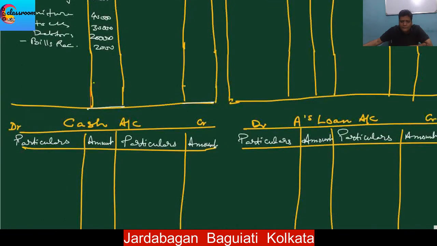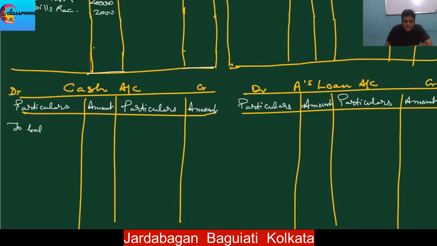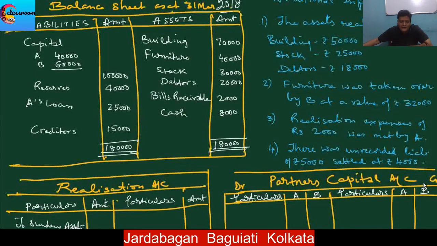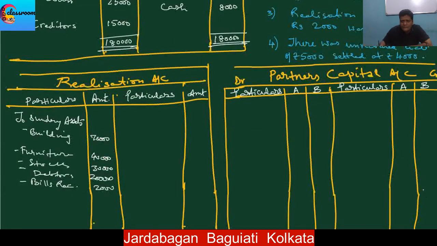Cash account 8,000 is to be transferred to cash account. This is the opening balance of cash. True balance B by D. Cash balance is 8,000. Fine. We have transferred all the assets appearing in the balance sheet to realization for being disposed of. Thereafter, we see capital and reserves on the liability side of the balance sheet. We transfer the capital to partners capital account and reserves as well, by balance B by D for capital and by reserves.